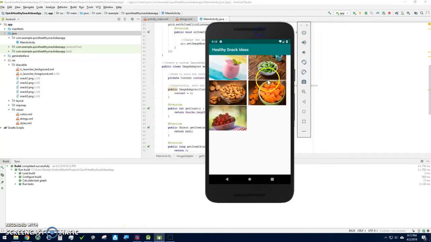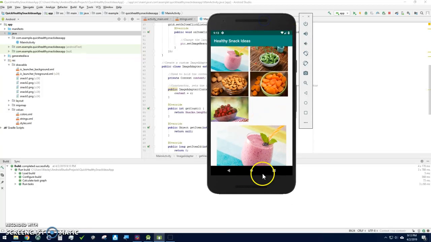Here we go. Alright, so now we have our Healthy Snacks application here in action. If we click on, say, this smoothie, it is up here in the top left, it will display an image of the smoothie down below. I was a little bit worried about the bottom of the image being cut off there a little bit, but then I noticed that it looks the exact same way in the textbook. It just has to do with the fact that they wanted 400 dp for the height,